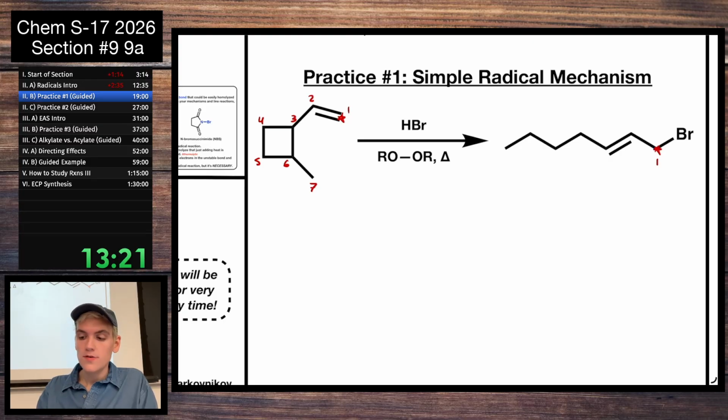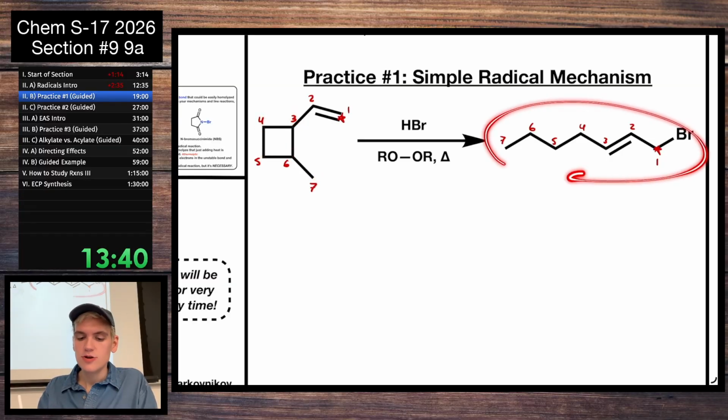Cool. So then I'm going to keep going 2, 3, 4, 5, 6, 7. And that to me seems the more apparent. You could do 3, 4, 5, 6, and then 7 as a methyl off of it or something. But it seems much more likely if we're going to form a straight chain,